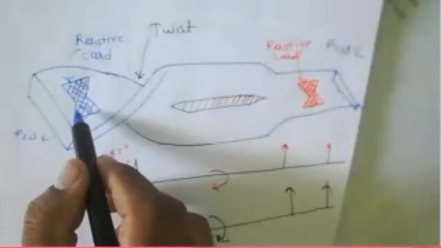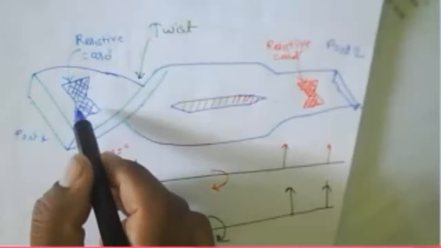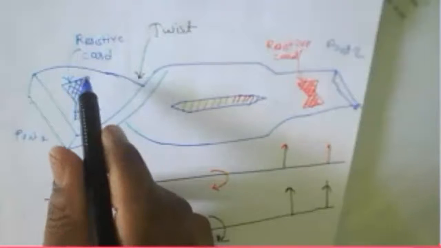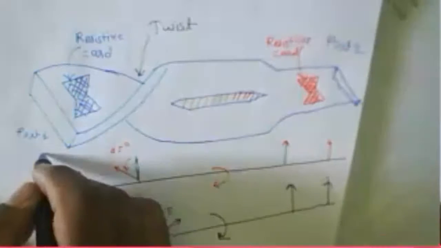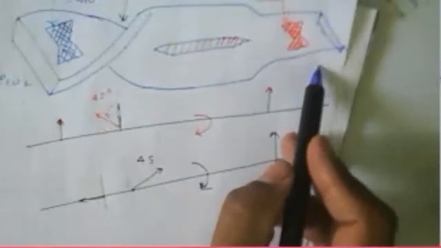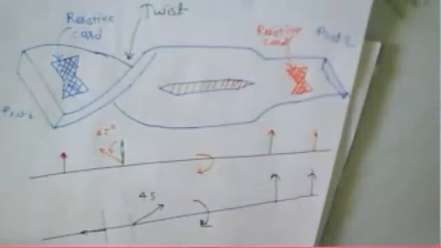It reaches this particular resistive card with a different polarization. We expected the perpendicular one, but we are getting a different polarization. So that's why your signal will not propagate to port 1. If input is there, output is not available here. If input is here, output will be available at this particular port. That is nothing but what we can call an isolator.